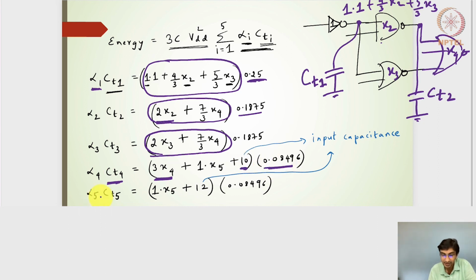The last one, which has only the parasitics of 1 into x5 plus the normalized load capacitance of 12, is multiplied by the activity factor. So now I have estimated all the alphas, alpha into capacitance. That means I have estimated the product of the activity factor and the total capacitance seen at the individual nodes. We can add it all up and then multiply by 3C into VDD square, which should give me the energy delivered by the VDD, an average energy delivered by the VDD per clock cycle,